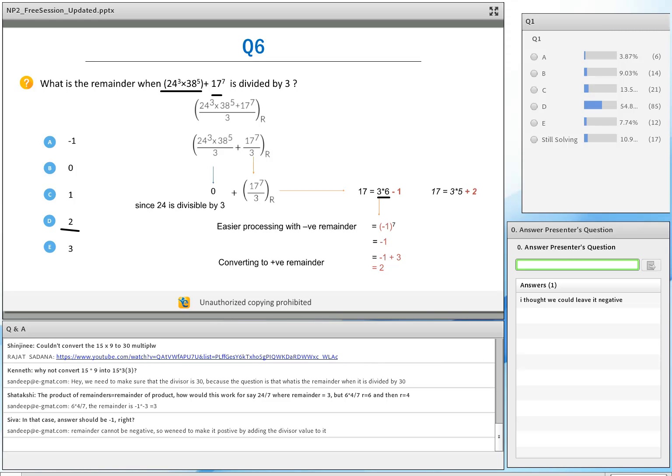Where did you make a mistake? Those of you who made a mistake, you thought you could leave it negative. All right, you can't. A remainder always has to be positive. Remember the constraints. If you did 2 into 2 to the power 7, you'd get the same answer, but